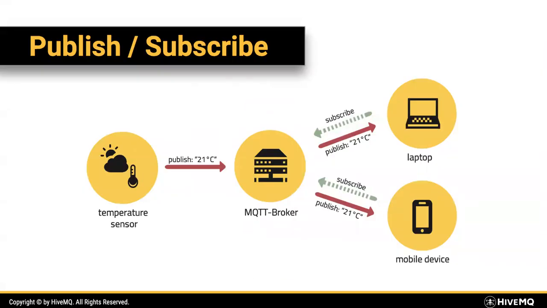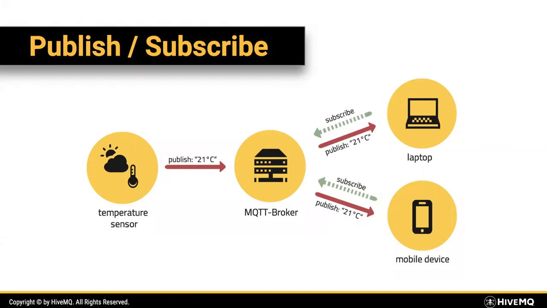So how does MQTT work? This is also in a nutshell, a very high level overview. At its core, MQTT provides decoupled communication between devices. What you see here in the picture is an MQTT broker, the heart of the communication, in the middle of the picture. And the MQTT broker is responsible for distributing data across all devices.